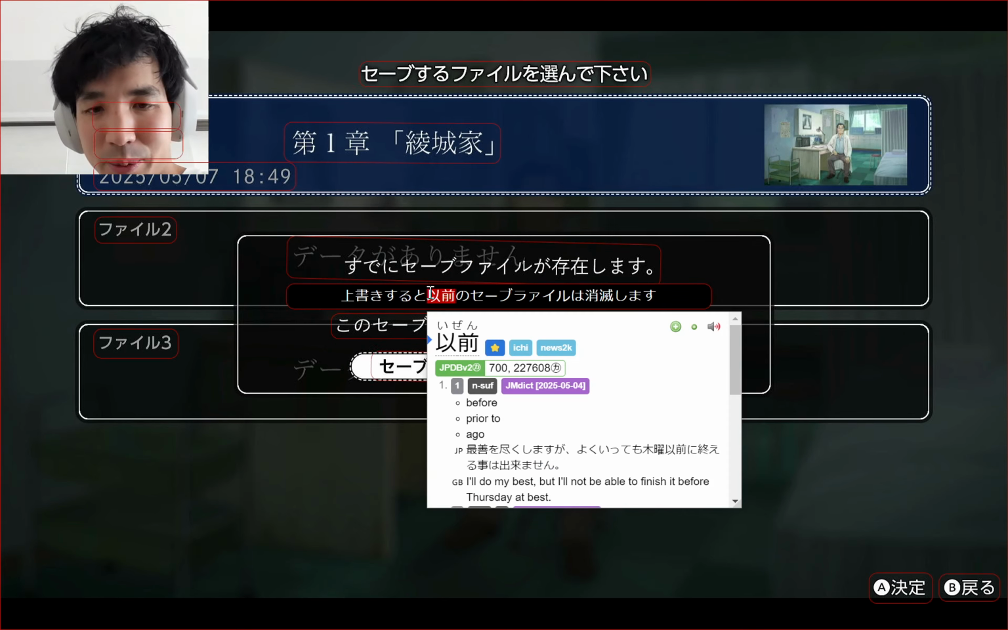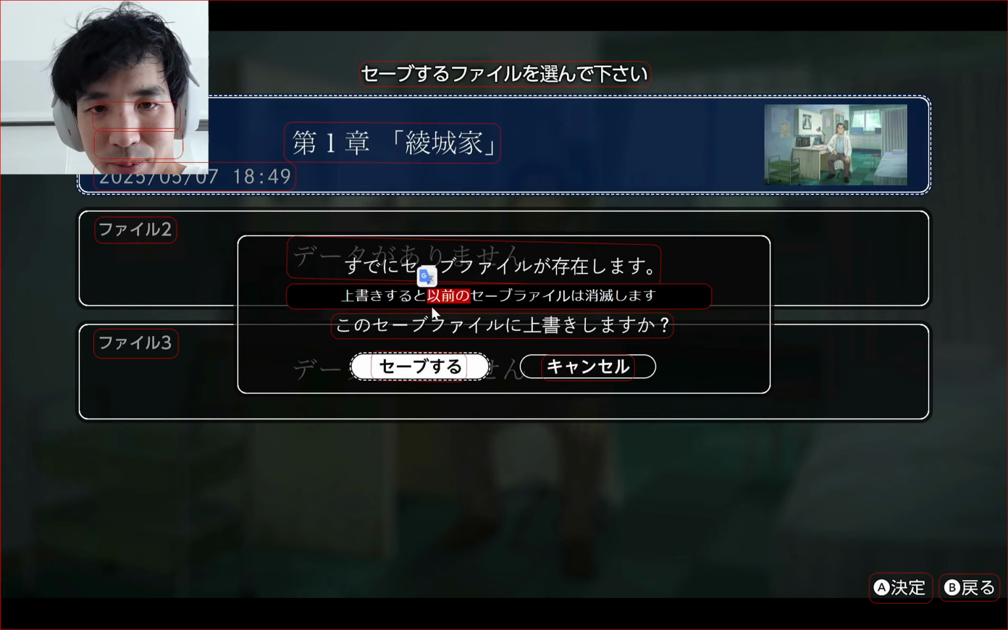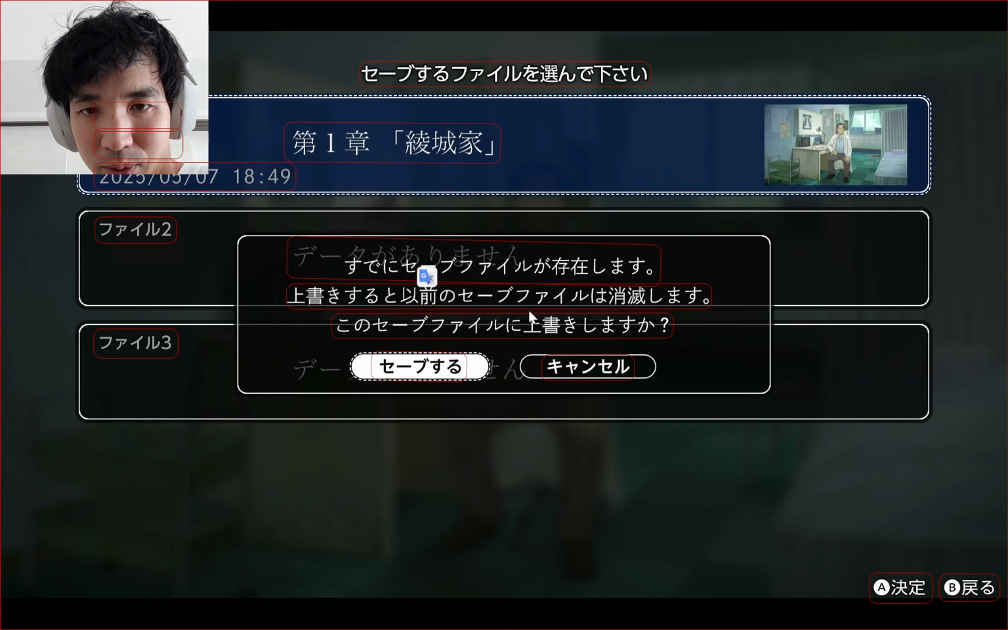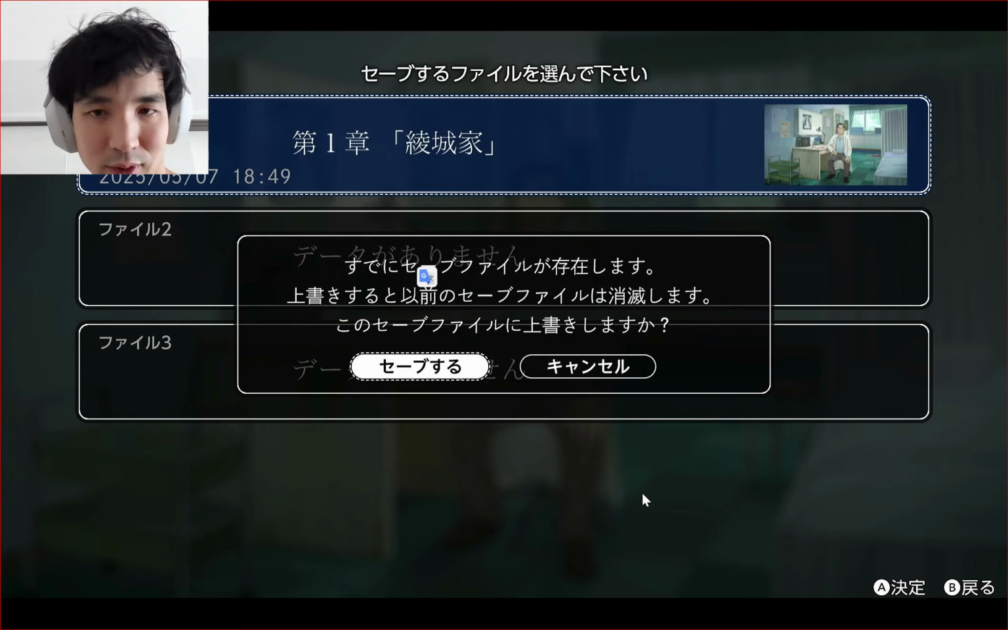I feel like the menu options are actually the ones that you're really gonna use in real life. To, izen. Izen, before, previous. Izen no, like the one that came before. Uwagaki suru to, izen no seibu fairu wa. Oh, the OCR was just wrong. Seibu fairu wa, erase. I mean,